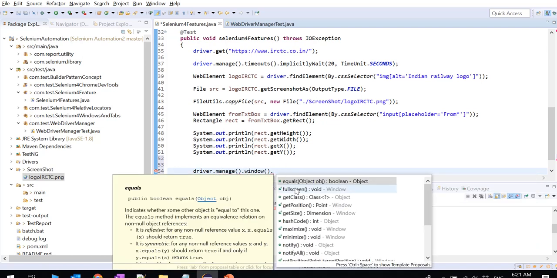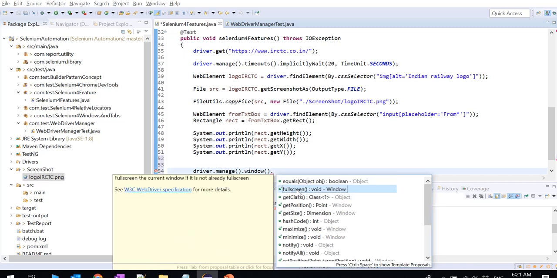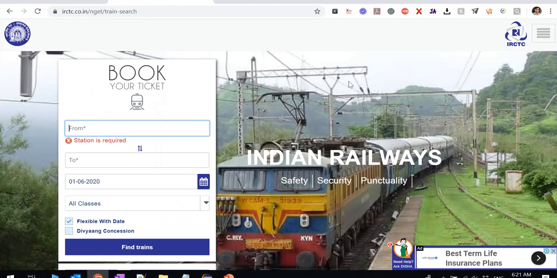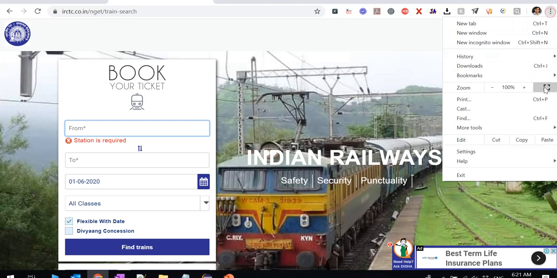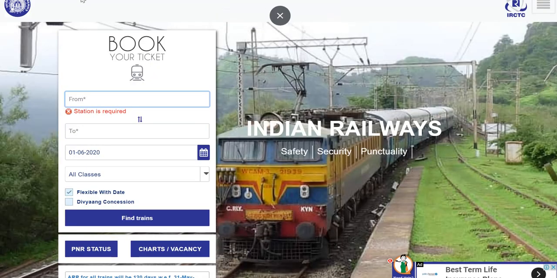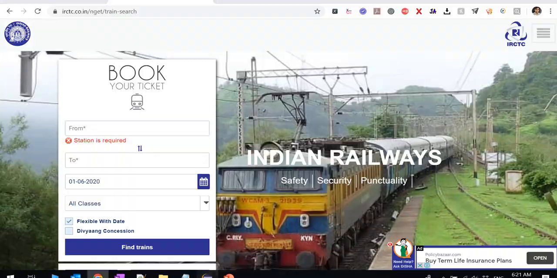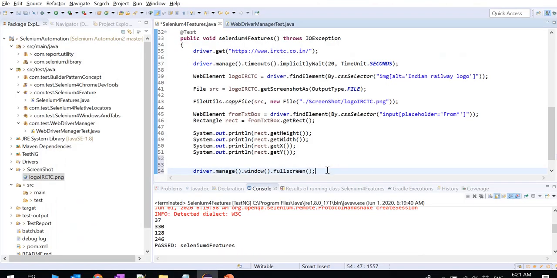One more thing, we do have a fullscreen method, which is in Selenium 3 as well. If you click here, you can see it is full screen and you are not able to see the URL of this web page. To come back, we have to click F11. We can do the same thing from fullscreen.